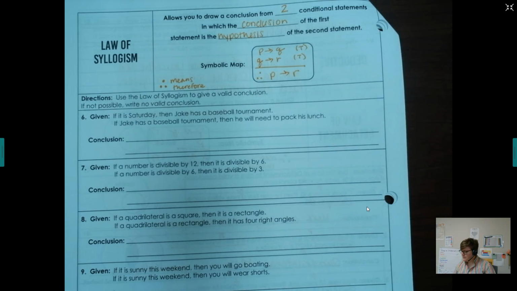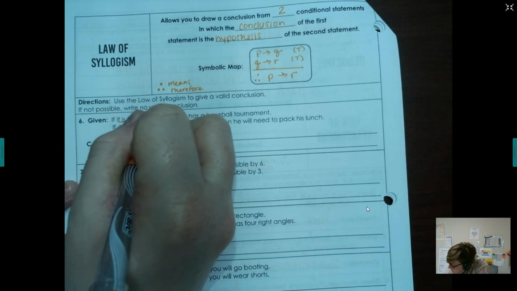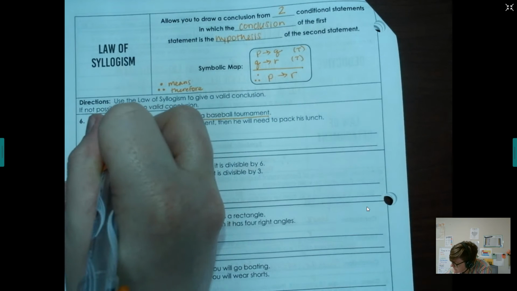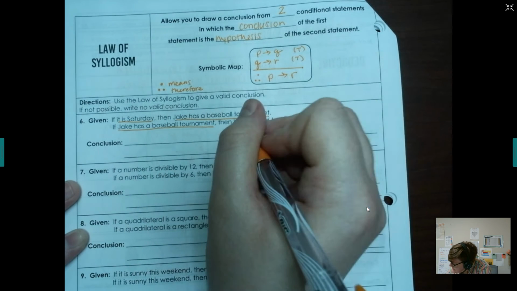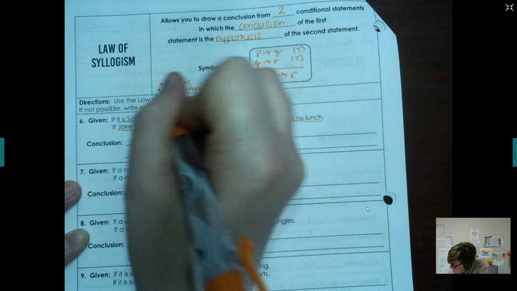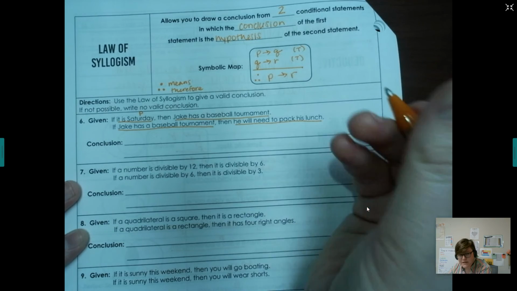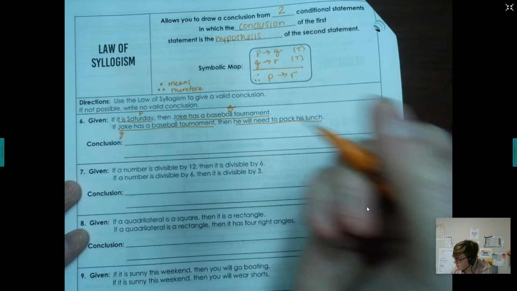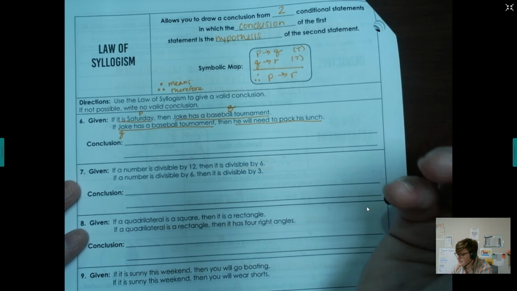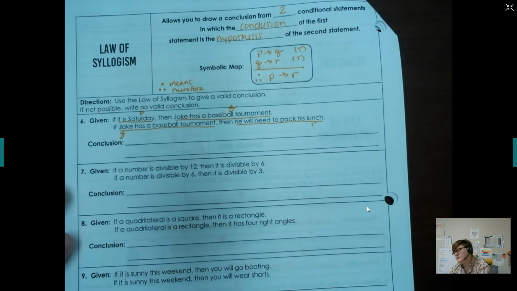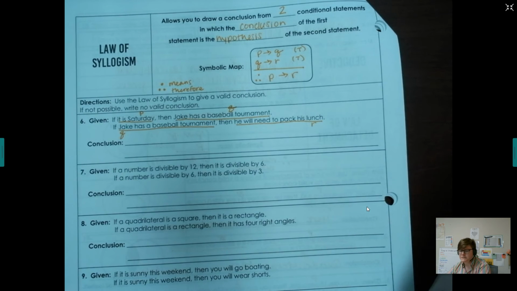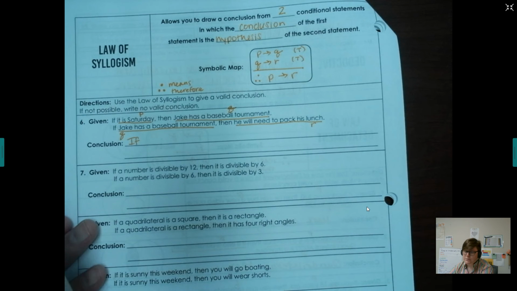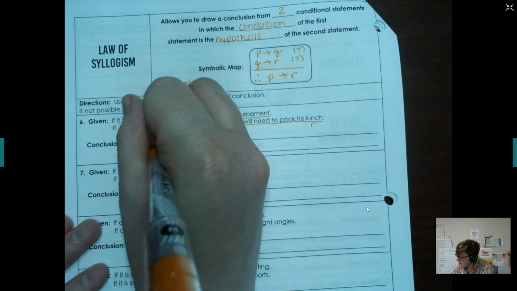So, given: if it is Saturday, then Jake has a baseball tournament. If Jake has a baseball tournament, then he will need to pack his lunch. So, it is Saturday is P. Jake has a baseball tournament is Q. Jake has a baseball tournament comes up again, so that's still Q. And he will need to pack his lunch is R. So our new statement goes straight from P, if it is Saturday,